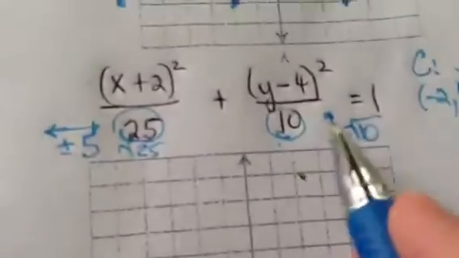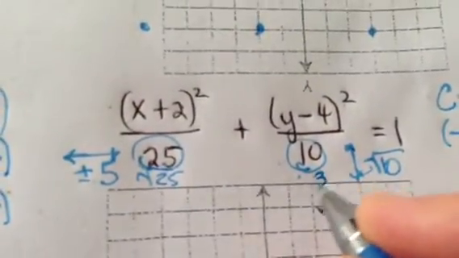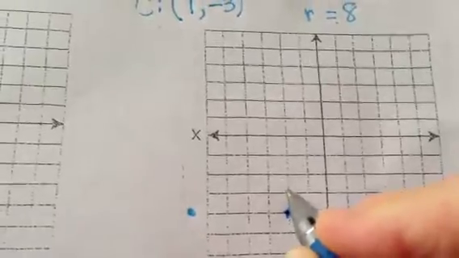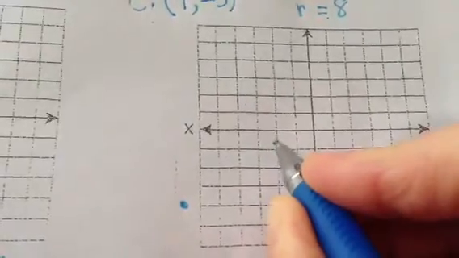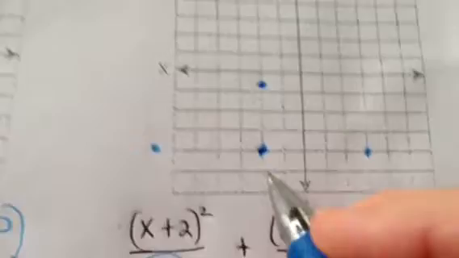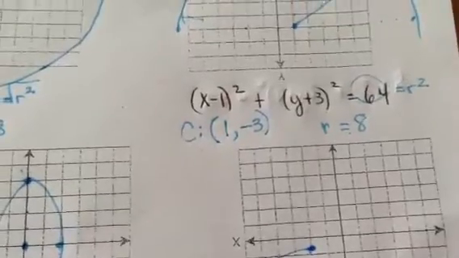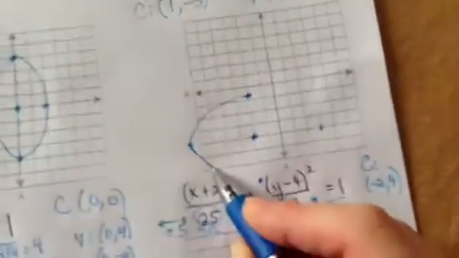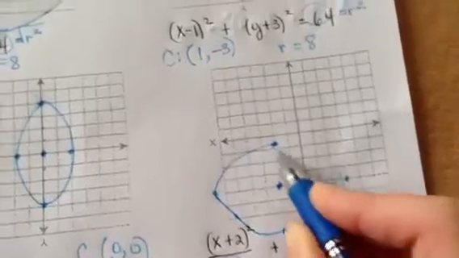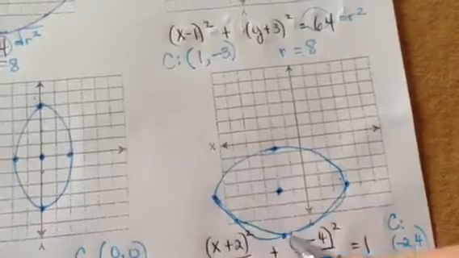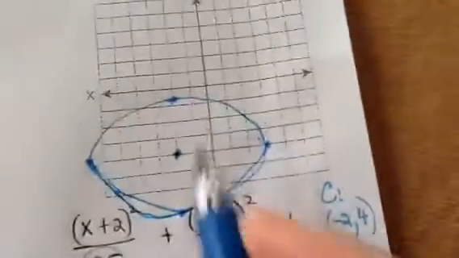So what I'm going to do is I'm going to go up and down about 3.2 from the center. So put your little pencil point on the center, and we're going to go up 3. 1, 2, 3, and just a little bit more. Okay, you're going to have to approximate. We're going to go down 3. 1, 2, 3, and just a little bit more. So about right there. This is an ellipse. So draw it in there real quick. Sorry. That's sick. That's what I get for trying to look through a phone and do it. Okay, if I had a little eraser on this, I could fix that up a little bit,